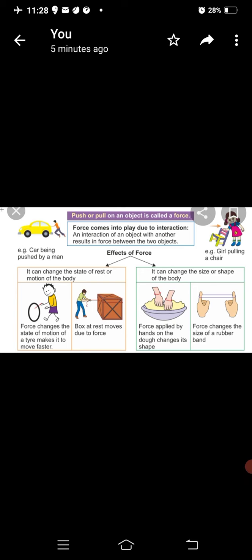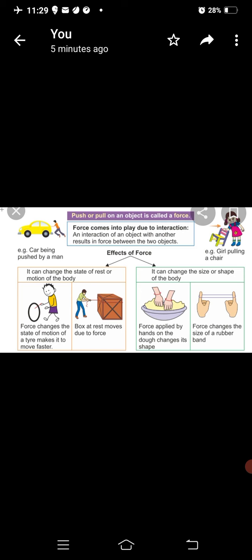Force can make an object move. Suppose you are applying a force on a body, then what will happen? If a body is at rest, it can move. It can come into motion. Here in the picture also you can see many examples. Force can also stop a moving body. Suppose you are moving in a car and the driver applies the brakes, then the body